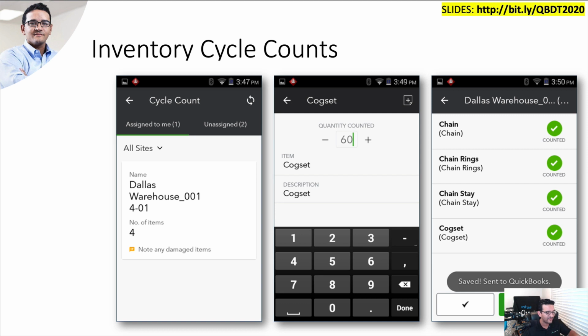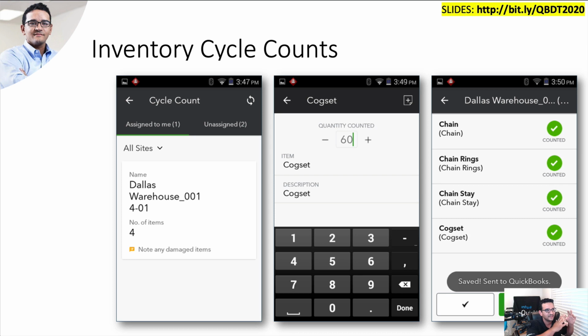Then, if you have that mobile warehouse solution, that Android device has a built-in barcode scanner, and you can send the count to the warehouse person. While they're in the warehouse, they can choose the new counts for the products, the updated counts, and send them. They can count manually and put it in the device, or they can even scan the items, and however many scans you do would be the cycle count on the device. You click on finish and it sends it back into QuickBooks, so the QuickBooks user can process the cycle count